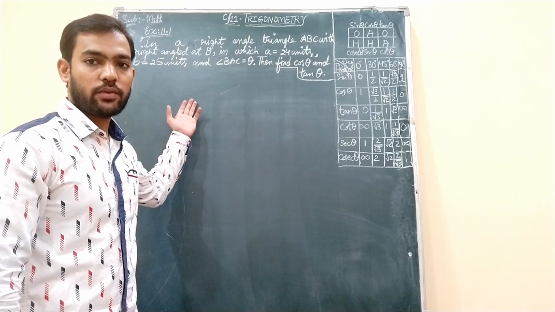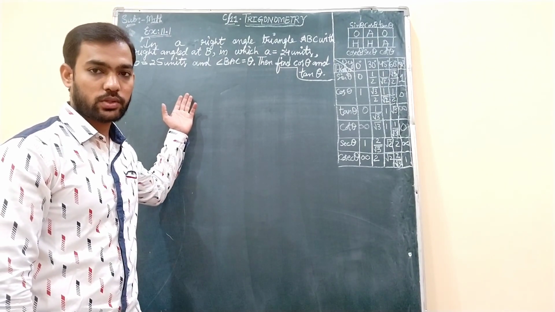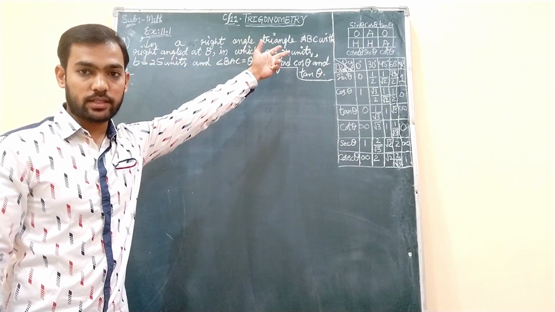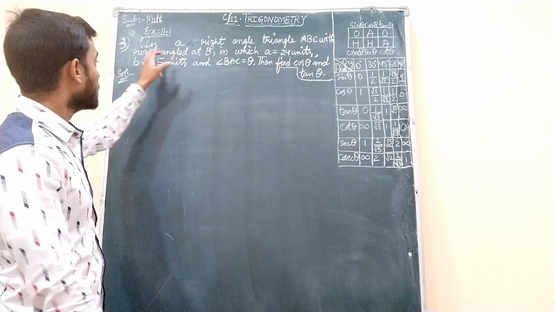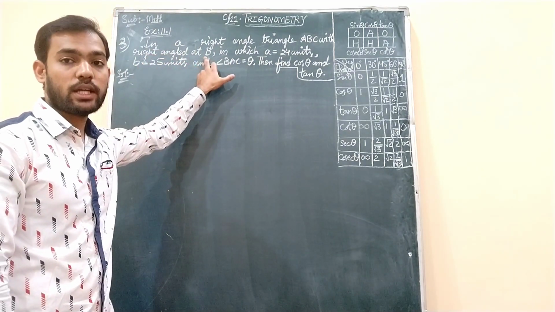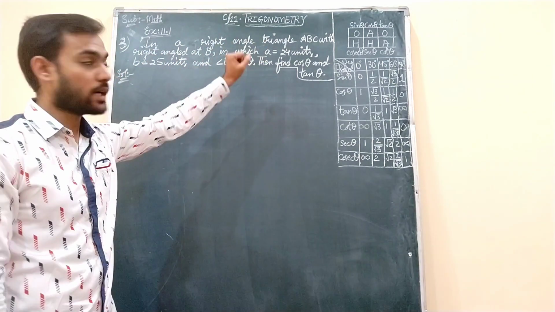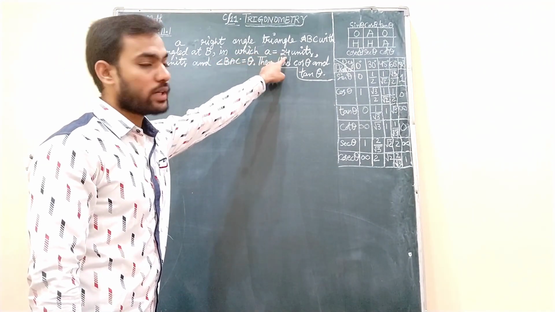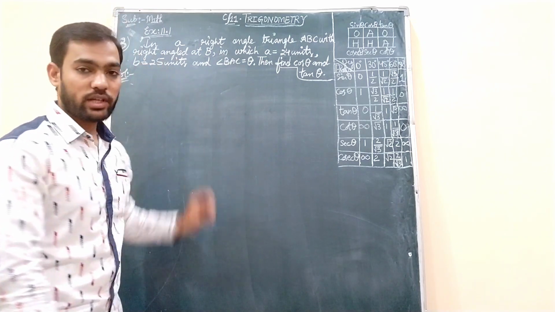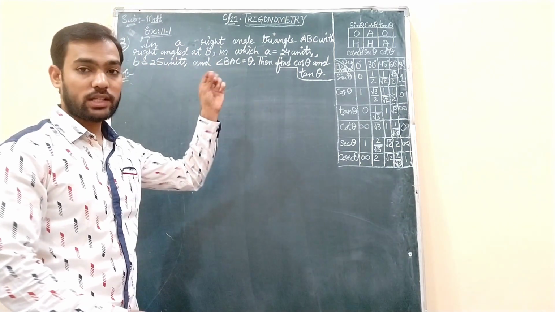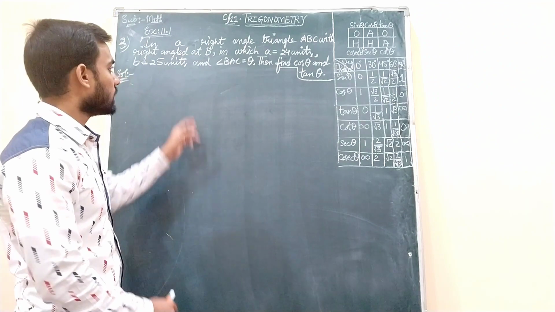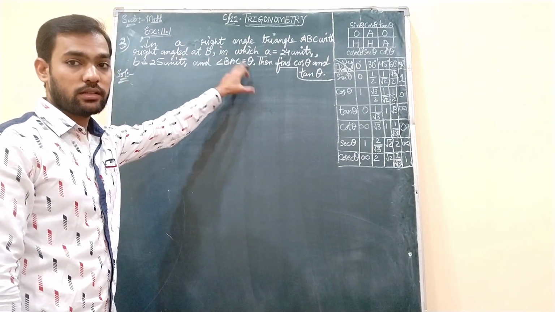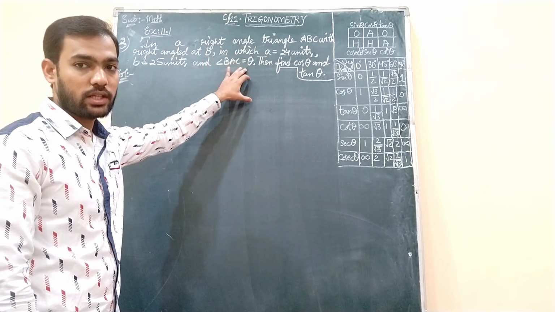Now this is question number 3 of exercise 11.1 that we are going to solve, students. The question says that in a right angle triangle ABC, here the triangle is ABC with right angle at B. It means that angle B in this right angle triangle is 90 degrees, in which also he is saying that a is 24 units and b is 25 units. So now we will see what this small a and small b indicate. Okay, and angle BAC is theta. Theta means the acute angle here, with respect to which we will be seeing.